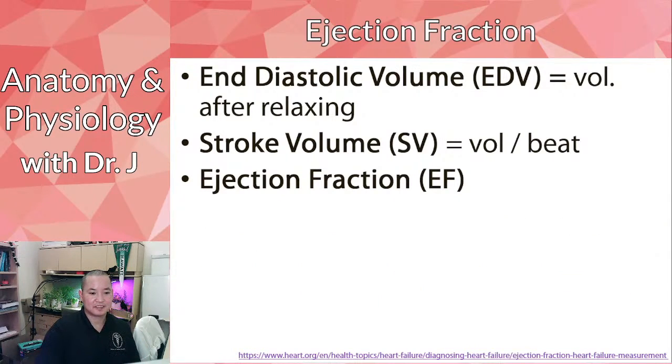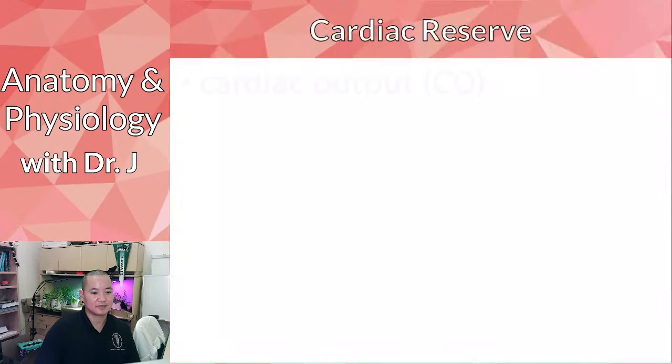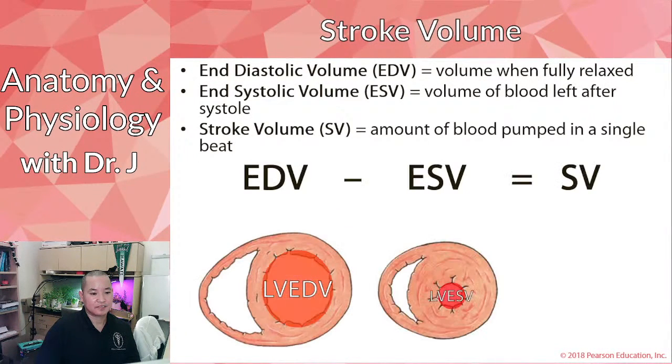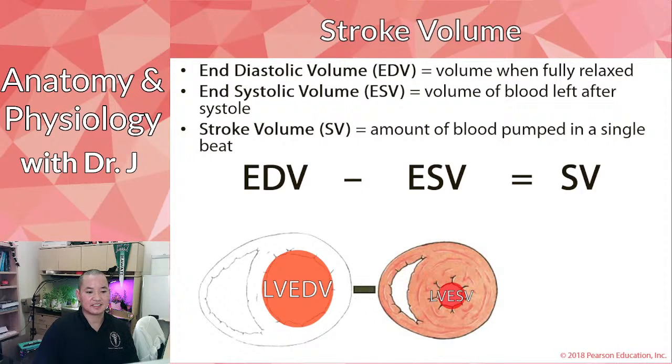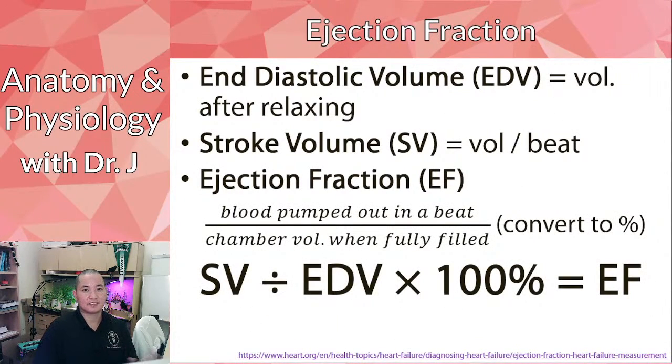Why is that? Well, again, looking at the stroke volume, we don't have complete ejection of all the blood that was in the ventricles. This is why ejection fraction is not going to be 100%, because you still have some blood left over. But ejection fraction is a rough estimate of how efficiently, after filling up the heart with a certain amount of volume, you were actually able to get blood out into circulation